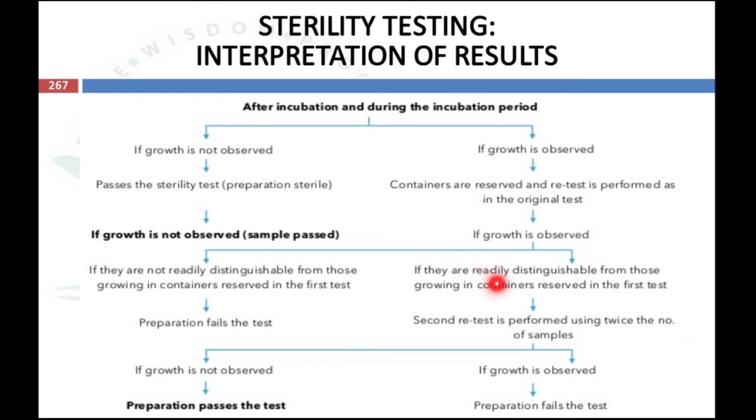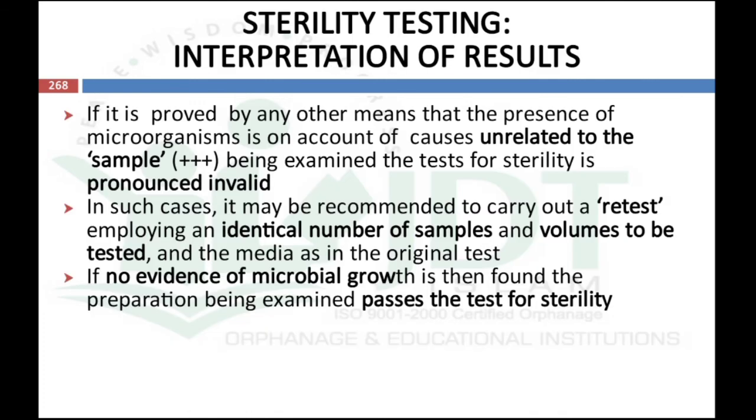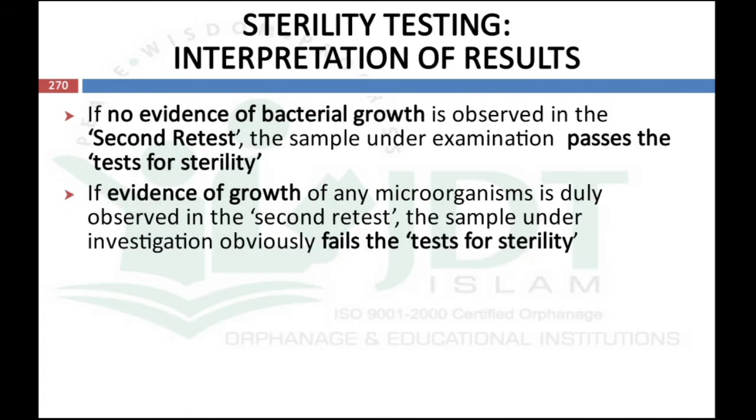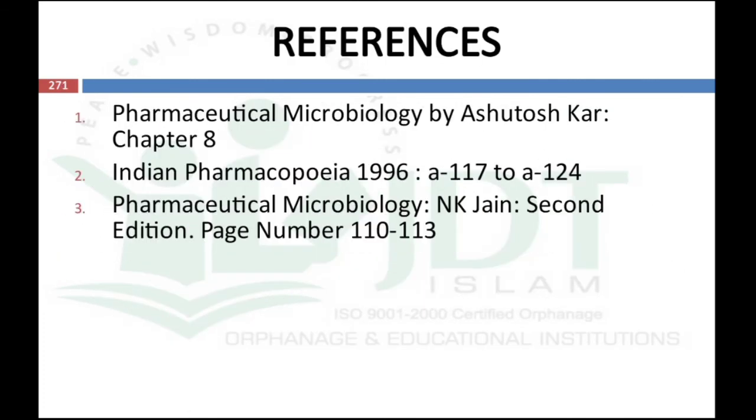If they are readily distinguishable from those growing in the containers reserved in the first test, it is considered invalid. Again, we have to perform a second retest with twice the number of samples, and after 7 to 14 days, if no growth is observed, the preparation passes the test for sterility. If any growth is observed, the preparation fails the test for sterility. So that is all about the interpretation of